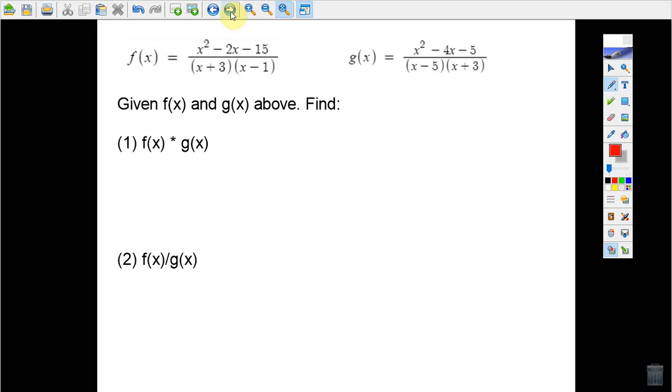Okay, so guys, I have 2 problems for you here. We've got f of x and g of x. I'd like you to first solve one where you multiply these 2 together, and the second one where you divide g of x, or divide f of x by g of x. All right? Give that